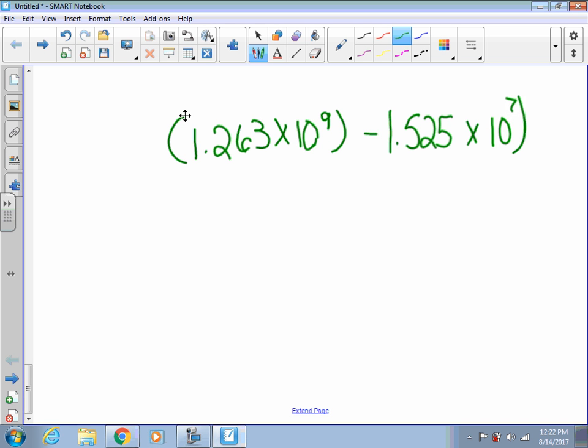So I'm going to go ahead and, since I don't want to deal with negative numbers, I'm going to move this over 2 places and decrease the power of 10. So I'll get 126.3 times 10 to the 7 minus